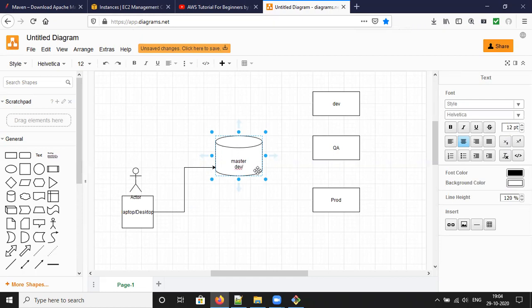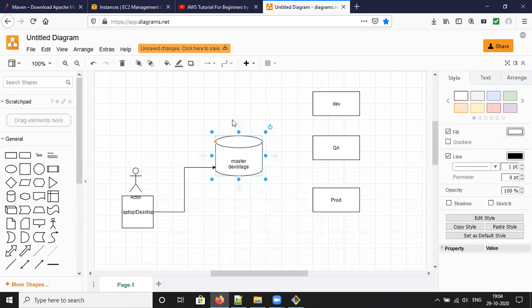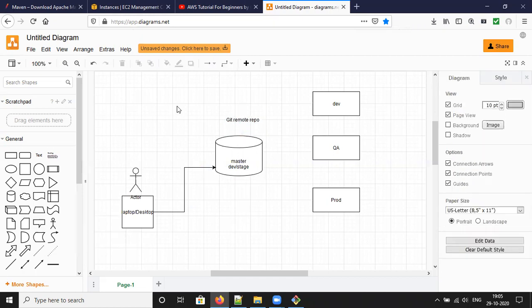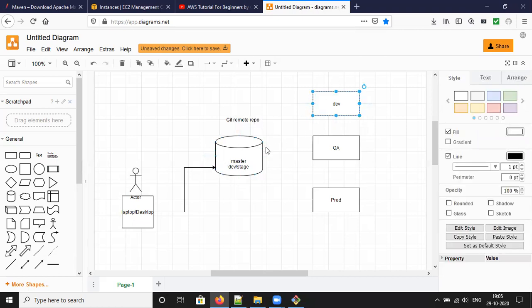In some scenarios, they will follow a stage environment. So first they want to take from the dev branch to the development environment.